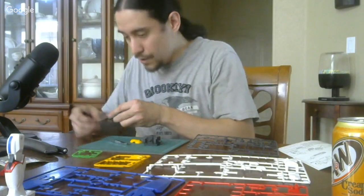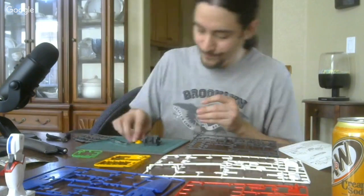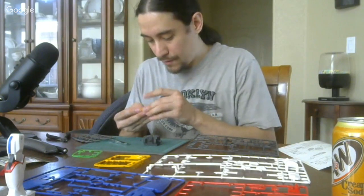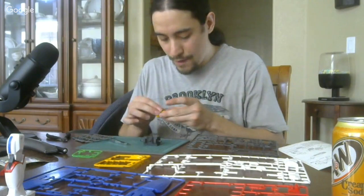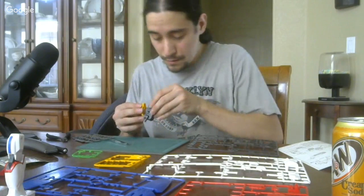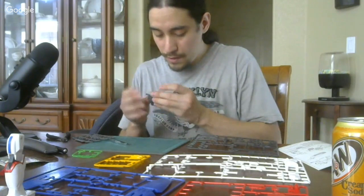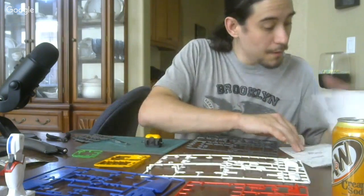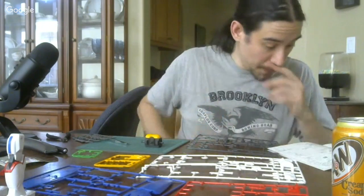What if you wanted to do a different pose really quickly? Just kidding. Majority of people that set up their Gunpla very rarely change poses. So yeah. There you go. That's set up. Okay, what else are we going to need here? We're going to need...